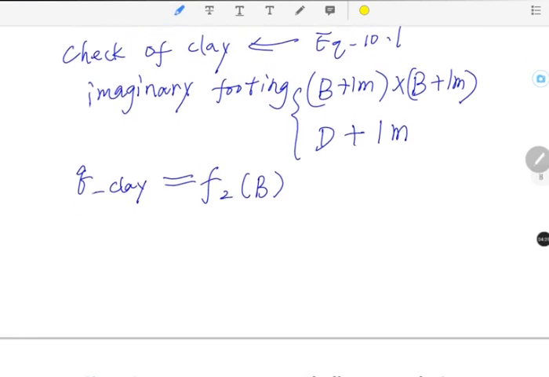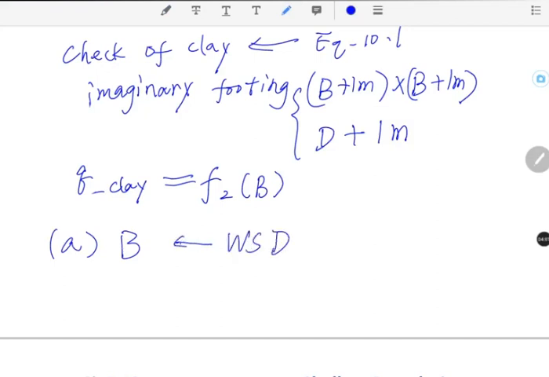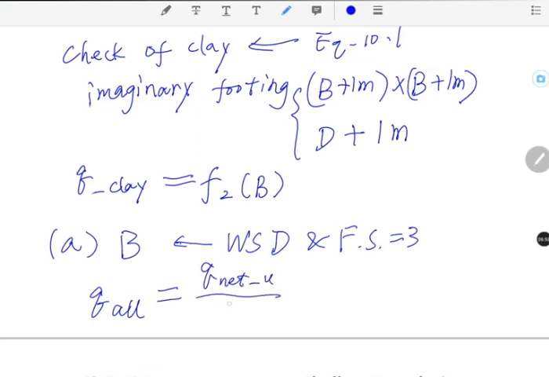Then we can proceed to part A to determine B using work stress design method and factor of safety equals 3. Use this equation: Q allowable equals Q net U over factor of safety plus Q over burden to check